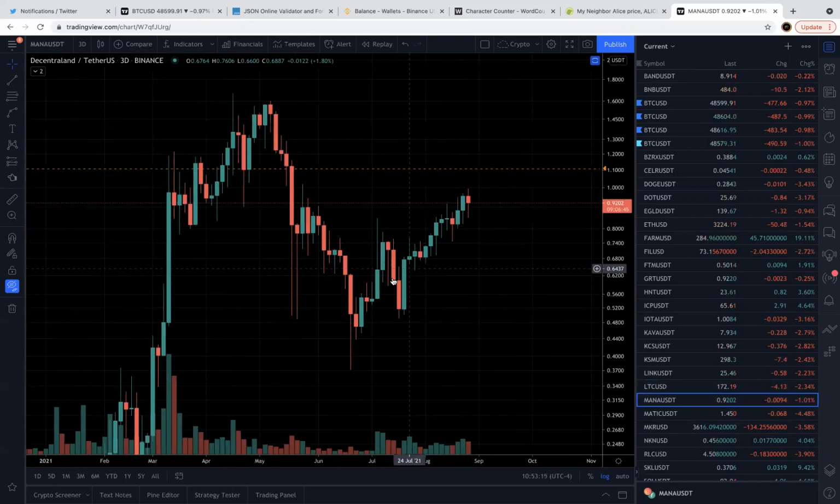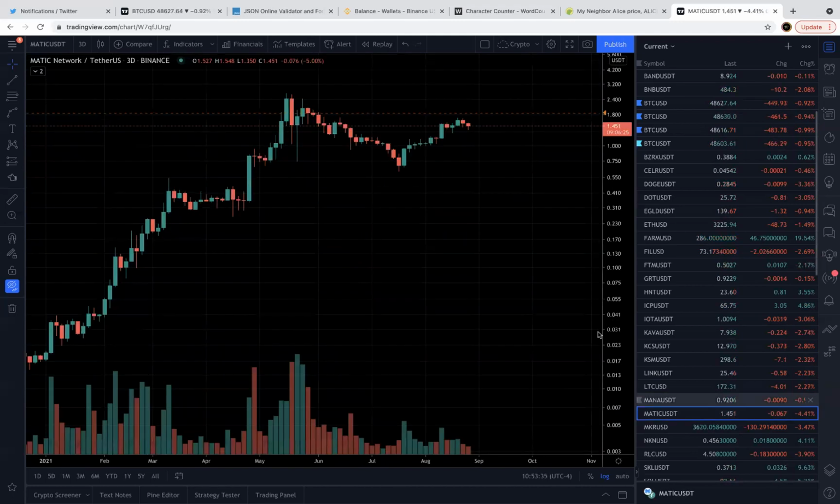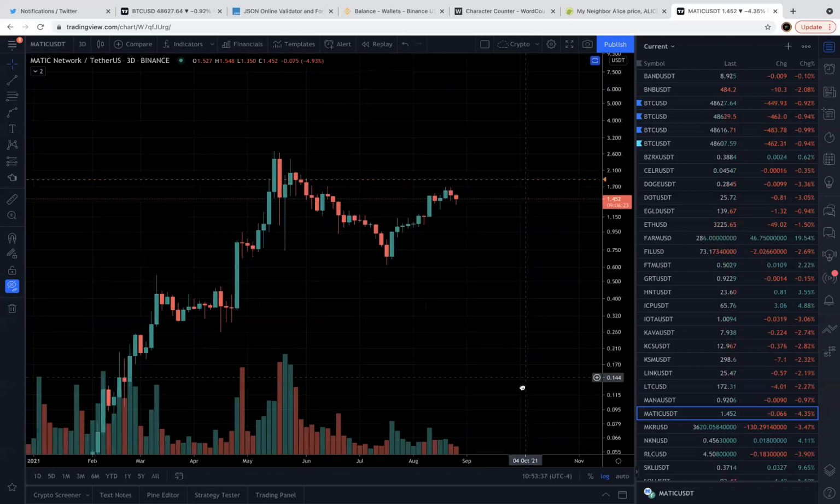MANA, not bad, it's making progress. Not much affected by BTC, but it's a volatile coin. Remember, this coin is not comforting. Okay, even 3 days noisy, so it's not going to give you any comfort. Matic